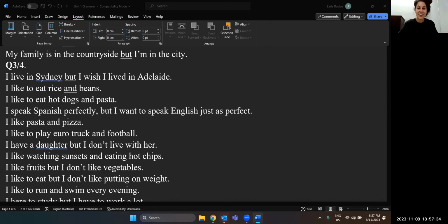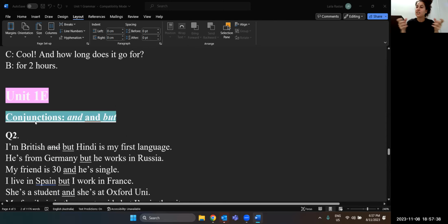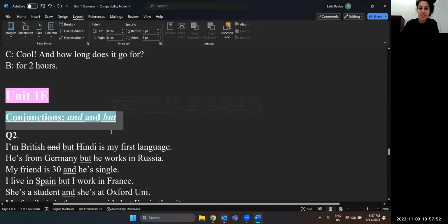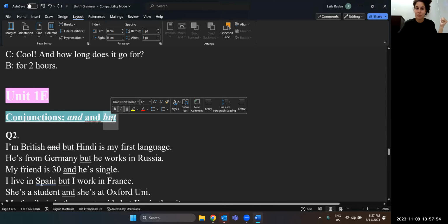Okay, good. So that's using words called conjunctions. They just mean that they're connecting. Instead of putting a full stop and starting a new sentence, we're connecting the same type of things. So I like this and this, or I don't like this and I don't like that. And remember, but changes what you were saying before.